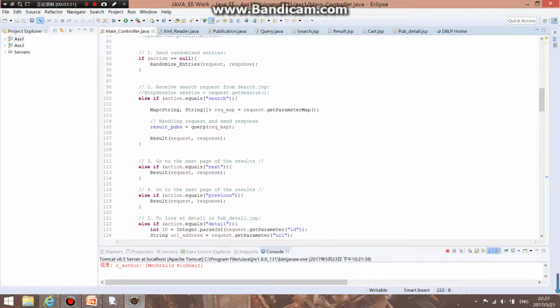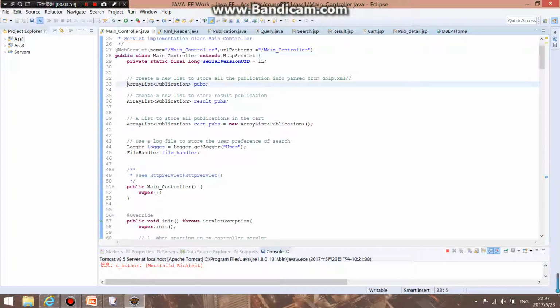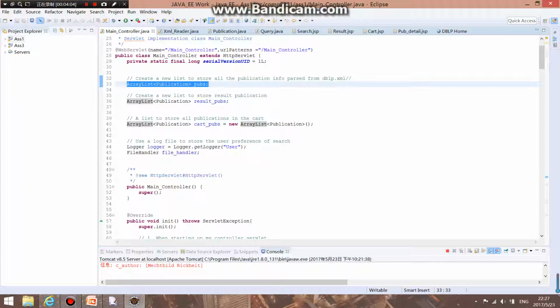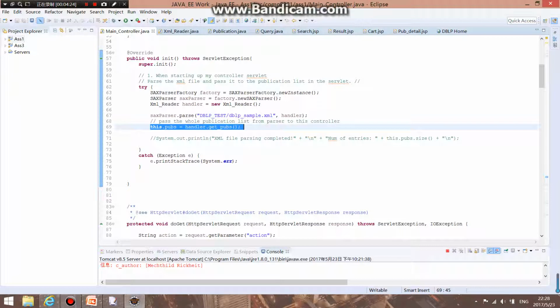Now let's look at the main servlet. Here we wrote a main controller, which extends the HTTP servlet, and we initialize an array list, which called pubs, to store the publications that we just extract from the SAX parser. In the init function, we launched the SAX parser to import the publication data to this array list, and